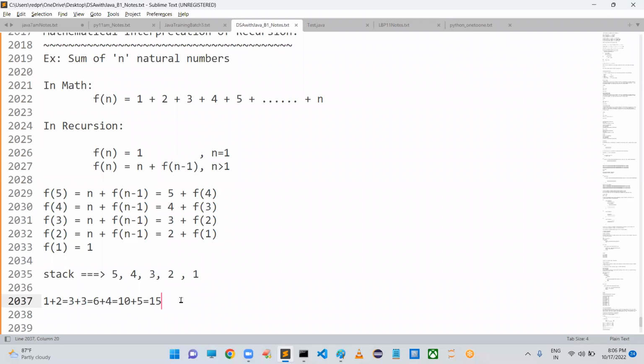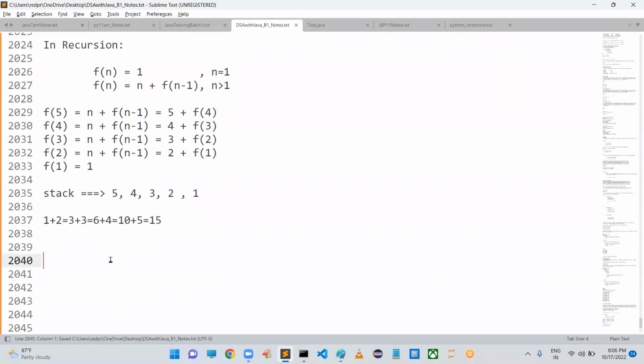Right, sir. So that's all about today's session. Tomorrow we will meet for the continuation. There I'm going to talk about some examples for this recursion, what applications there are with the help of recursion, and what advantages there are. Okay. So what disadvantages there are with recursion, and what is the difference between looping statements and recursion we will also discuss. Maybe some applications I am going to cover there also. Don't worry at all. Clear?